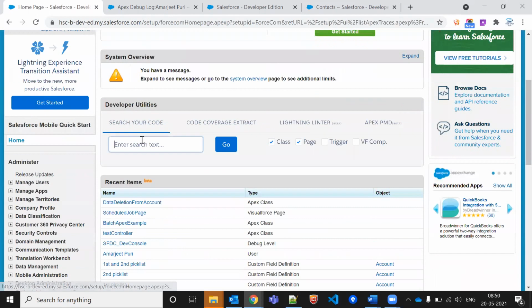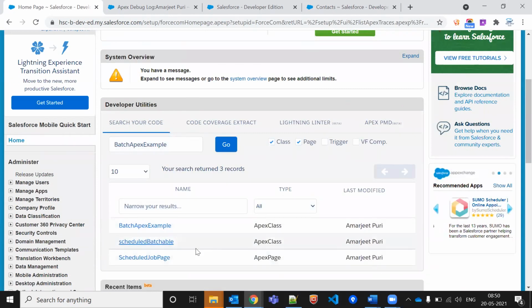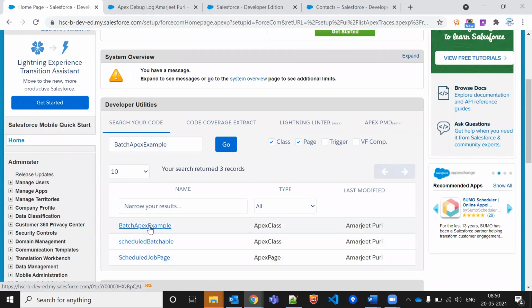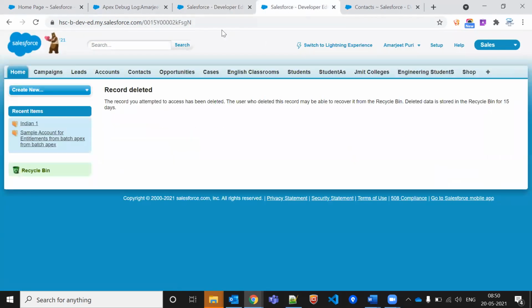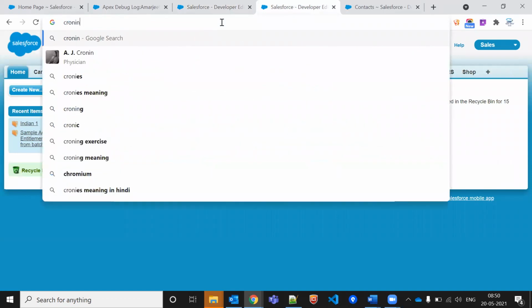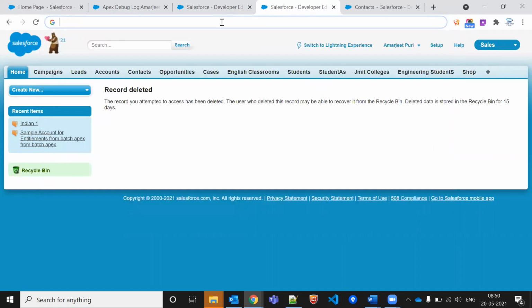Okay, so directly how will we do it? So we'll go to scheduler. Where is the reference for this? So that is a schedule with batch Apex example, the schedule batch Apex. And parallelly we'll do the chroning. Let's see the chroning expression. Chroning batch Apex.